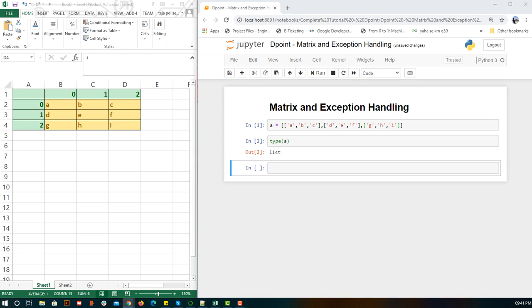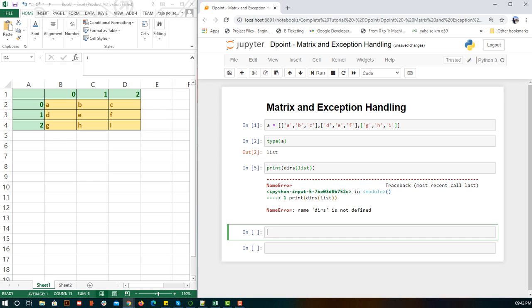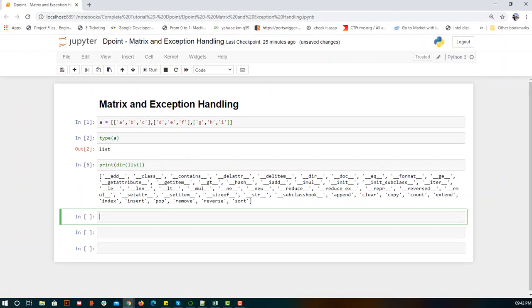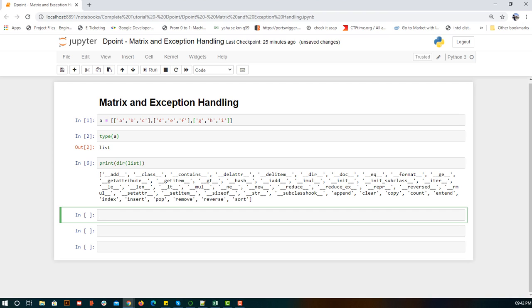Now, as you have seen previously, to get all the methods of a list, of a set, of a tuple, we have a function called dir, and we pass what it is that we want to access. So let's try to print all the inbuilt functions of the list. List, alt enter. What happened? Is it there? Right, yeah. So I think now the Excel sheet is not required, I can minimize this. All these are the functions that we have tried previously, but we'll try in terms of a two-dimensional list, which is a matrix.